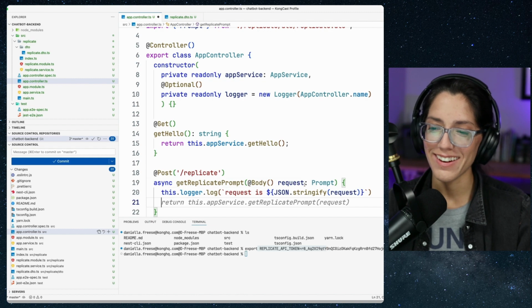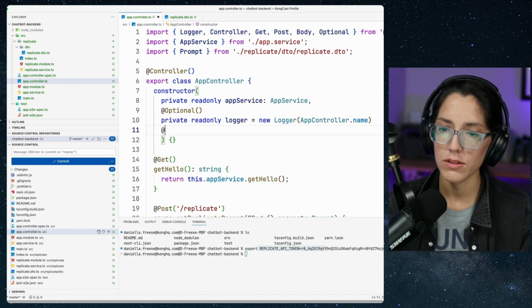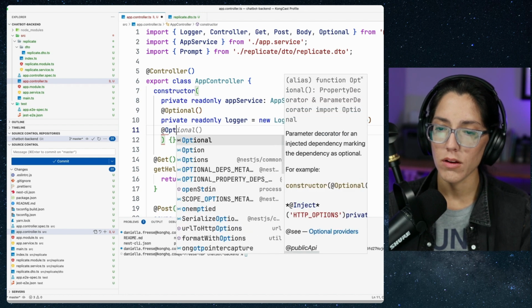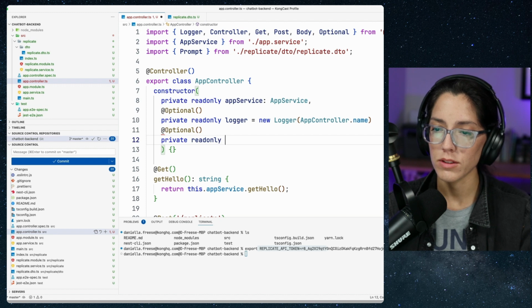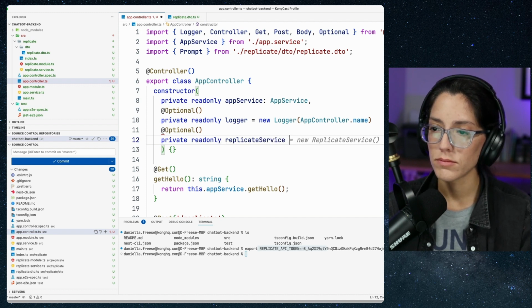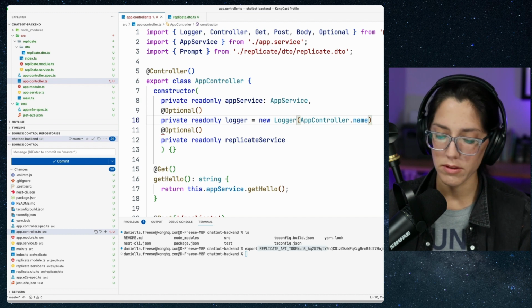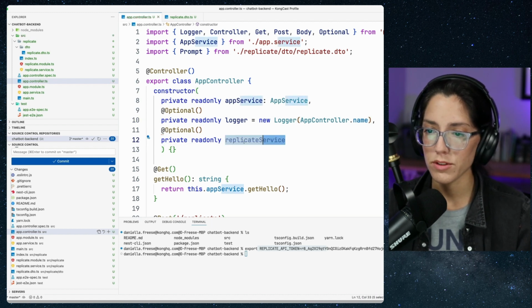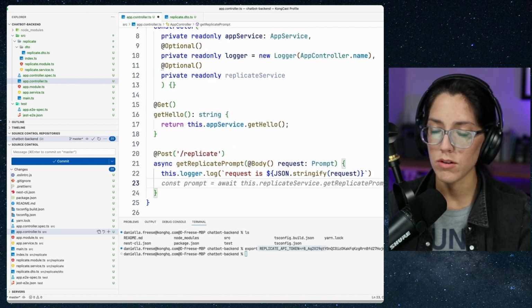All right, now we need to also import our replicate service. Yes, private read only. Because it's injectable, we're just going to leave it as that. And then what we're going to do here is call